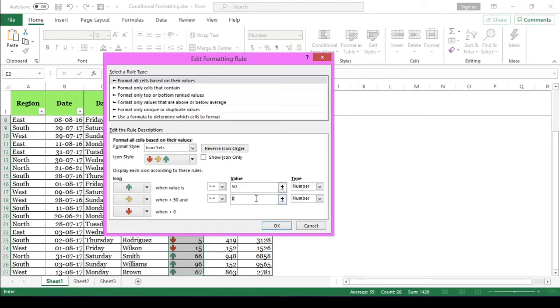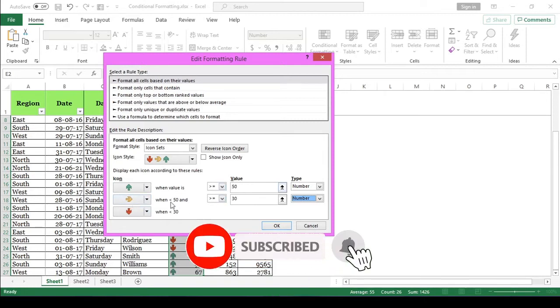If I hit tab, please note the overall condition is changed. So now, if we carefully observe the formula which will be used to determine the icon, it is a green upward arrow when the cell value is greater than or equal to 50.